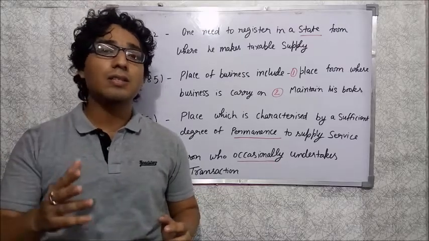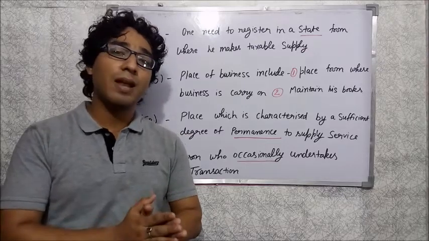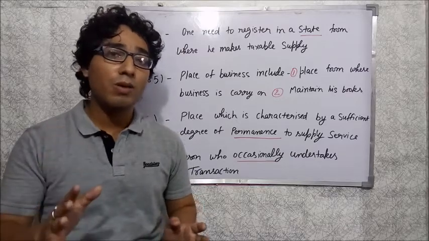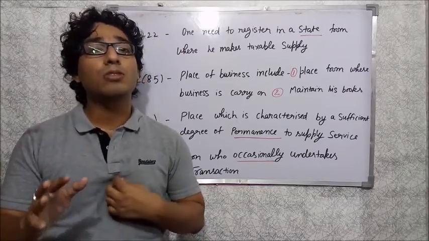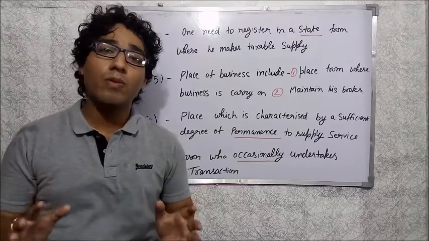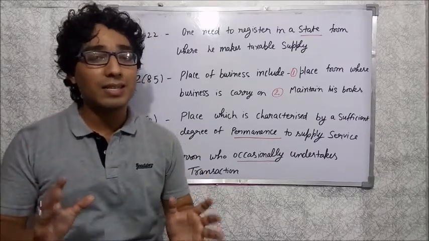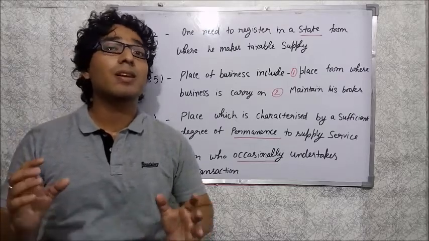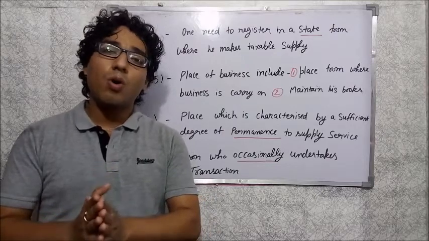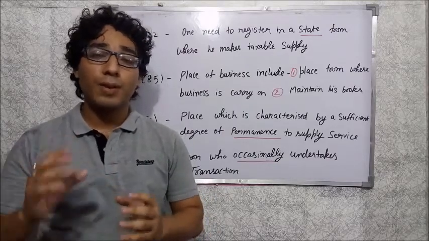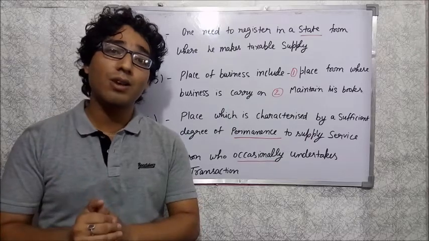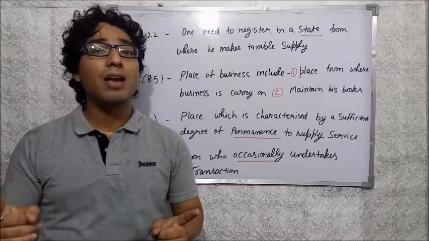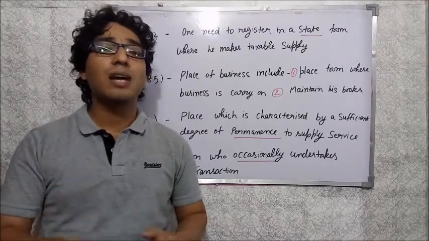Interstate service is one in which the location of the supplier and the place of supply are in different states. In case of renting of immovable property, the place of supply is where the immovable property is actually situated. So in this case the place of supply will be in Maharashtra because the property is situated in Maharashtra. So the place of supply of service is in Maharashtra, but the location of the supplier is in Punjab. Therefore that will be called an interstate supply of services,